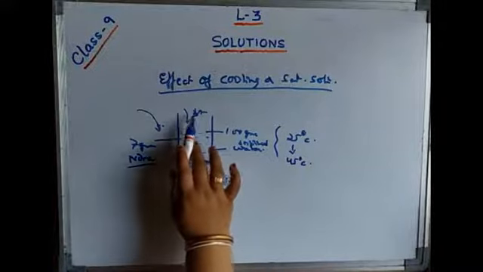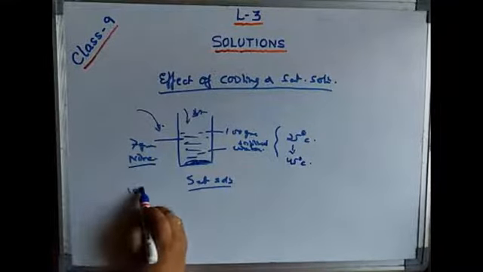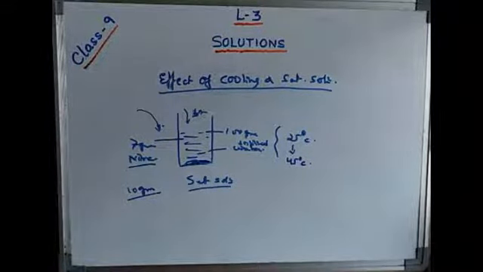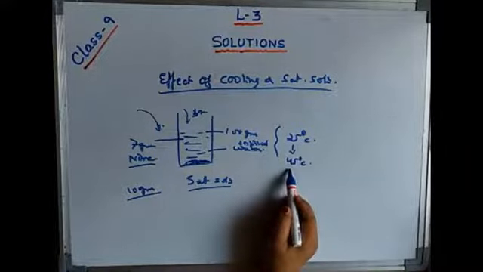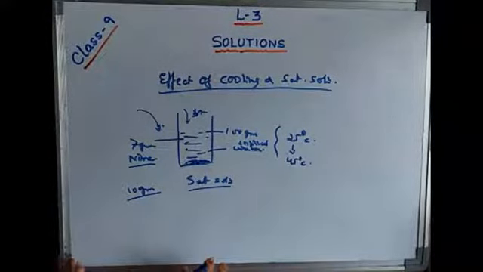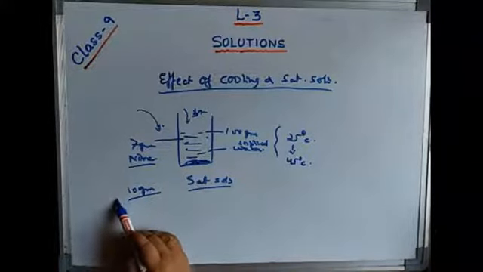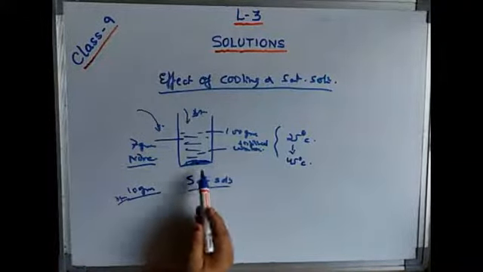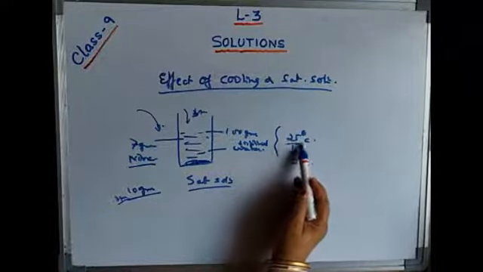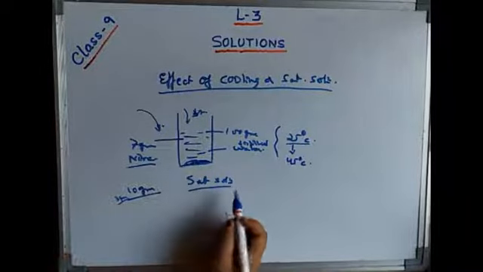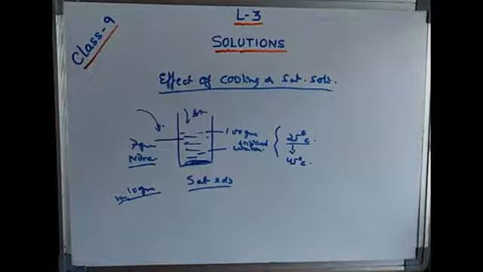Suppose 7 grams is there; after heating and increasing the temperature, we find that 10 grams of niter has been added in the given amount of solvent. After increasing the temperature, we stop heating and now it slowly cools down. Then when the temperature falls, what will happen? The extra 3 grams that were added will, as the temperature falls, come out in the form of crystals. They will again turn undissolved and come out as crystal salts.